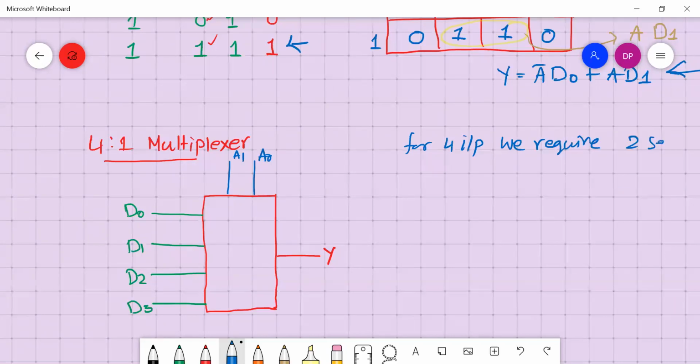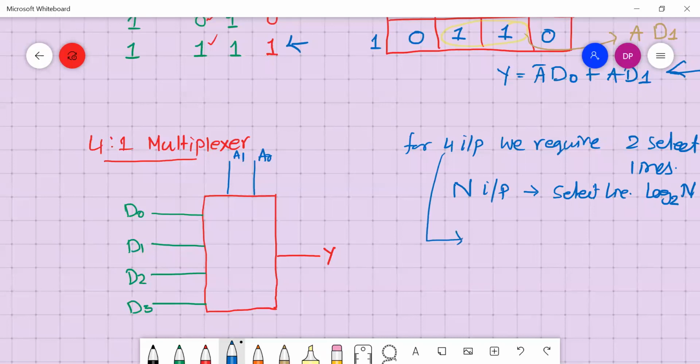If you have capital N inputs for a mux, how many select lines should you have? It's log N base 2.